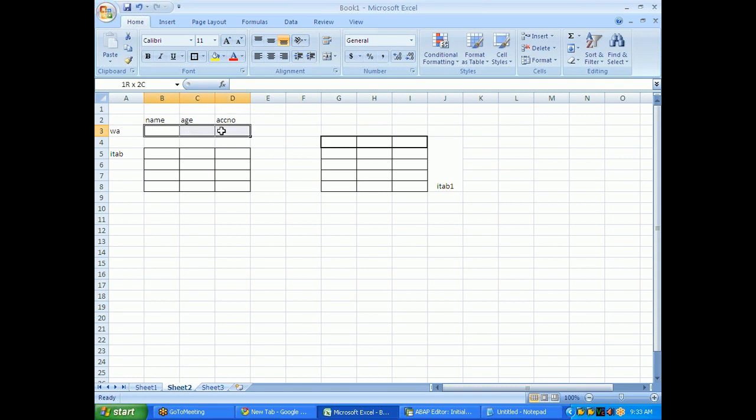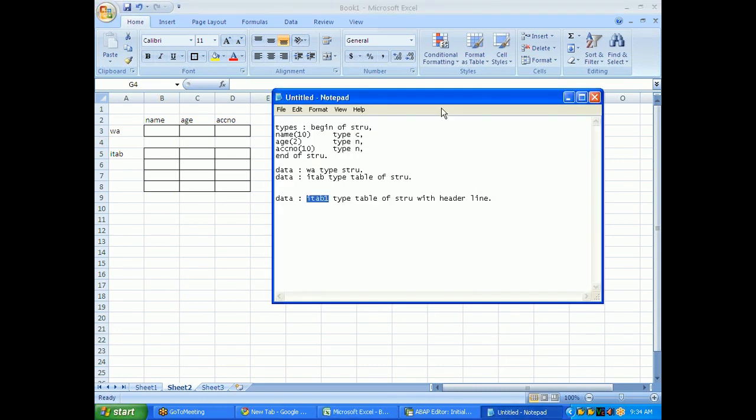Work area name is ITAB1, body name is also ITAB1, but the first line will act as the work area. This is the declaration of internal table with header line.